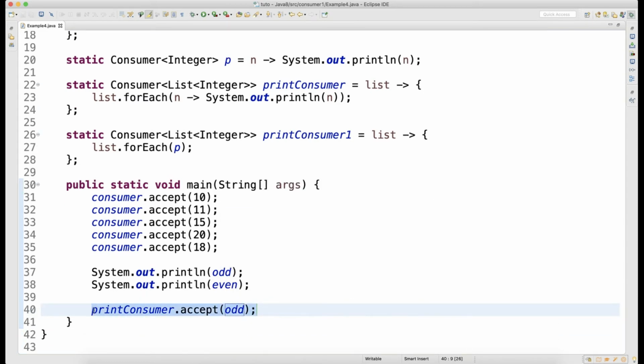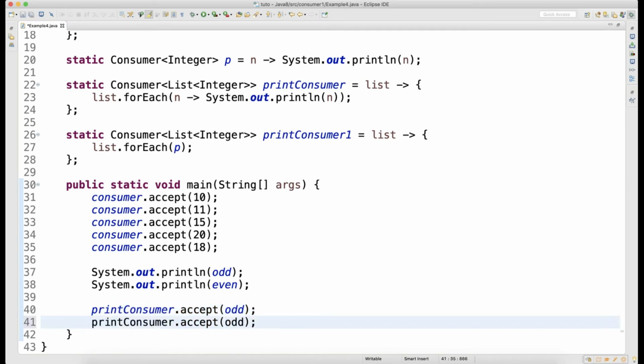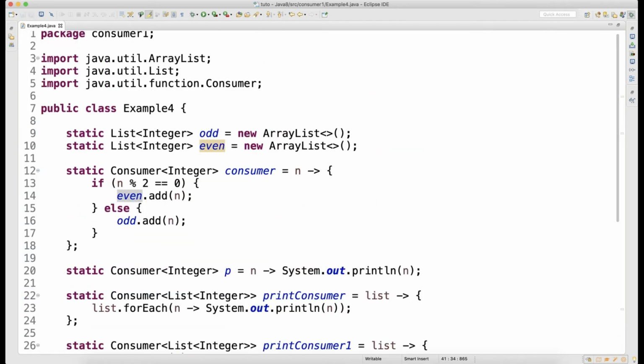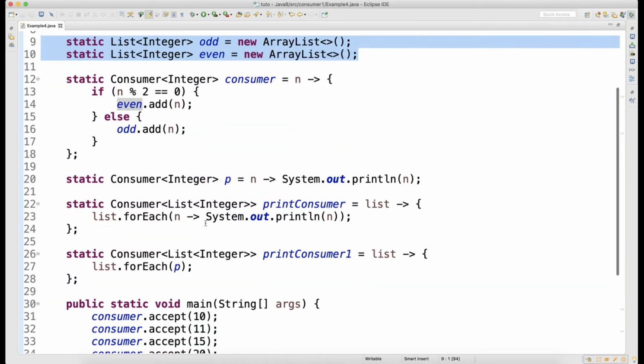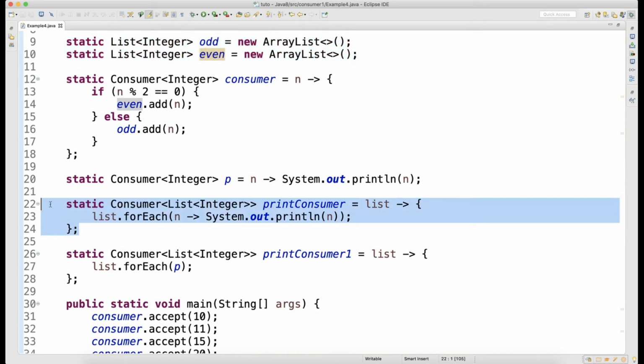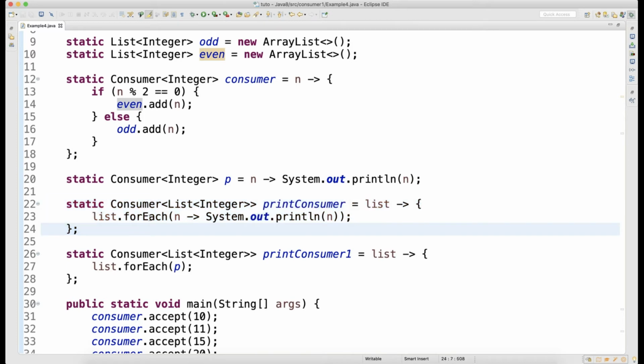Accept the first odd list, and then also accept the even list. Clear? You can see that there are two lists and you have a consumer. This consumer will accept a list of integers as input, and internally on this list it will run a forEach loop, and this forEach loop will have one more consumer which will print the data, right?